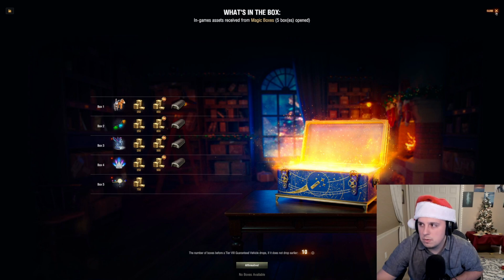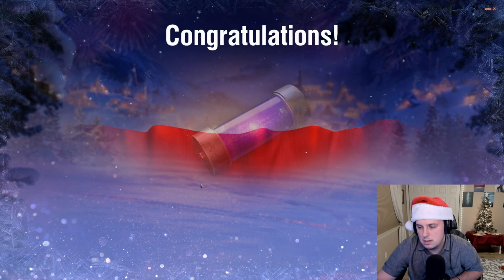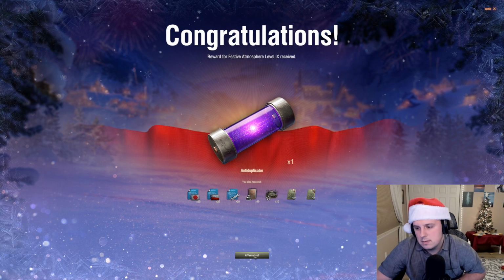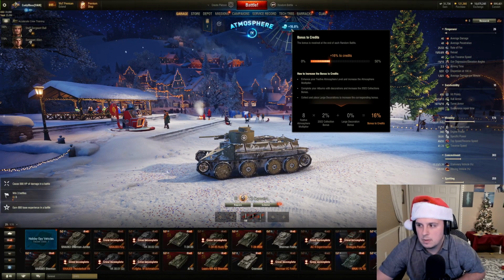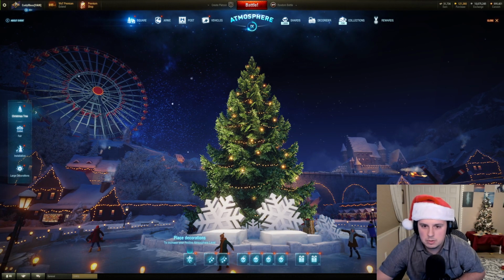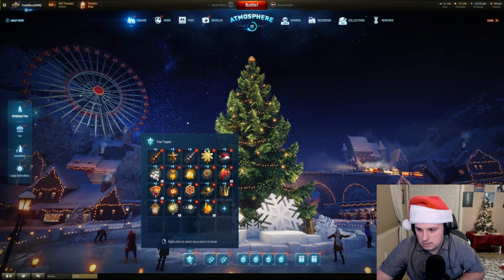And overall, so we got Festive Atmosphere level 9. Lots and lots of stuff. And going back to the garage here. So right now, I'm not going to go through this video doing everything when it comes to the ornaments and everything. However,